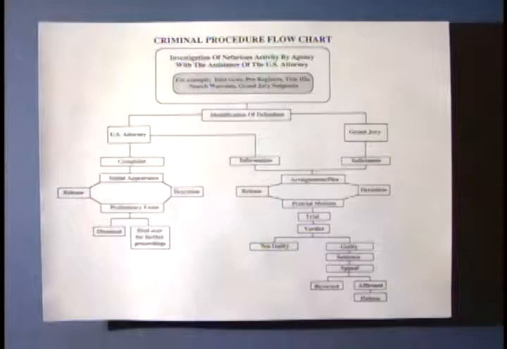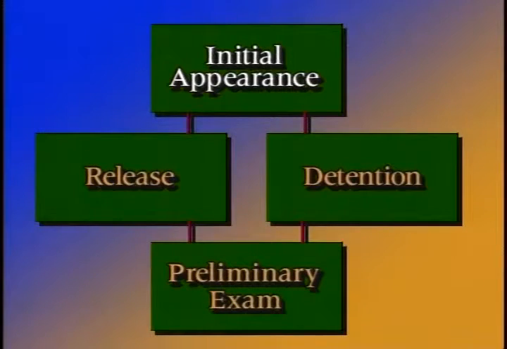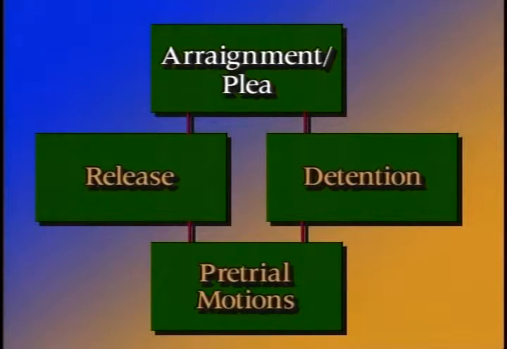The final matter to be addressed under Rule 5 is whether the defendant should be released or detained pending the trial. As you can see from the flow chart, this determination can be made more than once in the process. The decision is based on the same statute, regardless of whether it is made at the initial appearance or at the arraignment. You must apply the provisions of the Bail Reform Act of 1984 contained in Title 18 of the